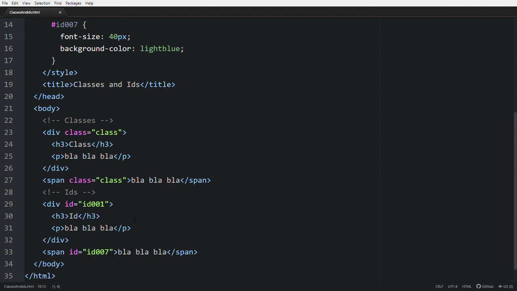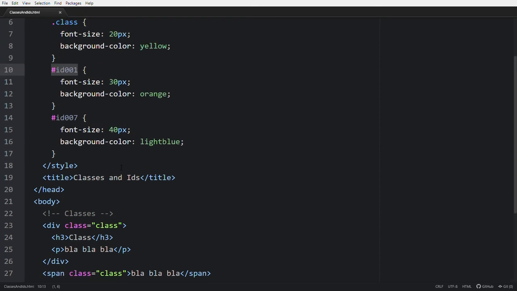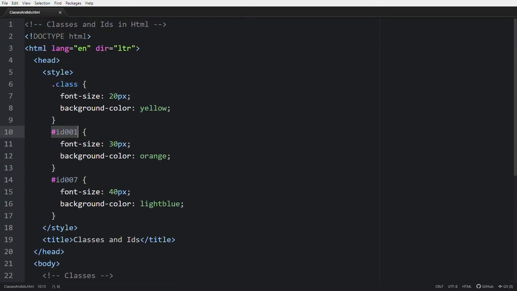See how we are changing these elements with the style sheet. This is the style part, the style tag. To make the change on class elements, we need to use dot class. I am changing font size to 20 pixel, background color yellow.